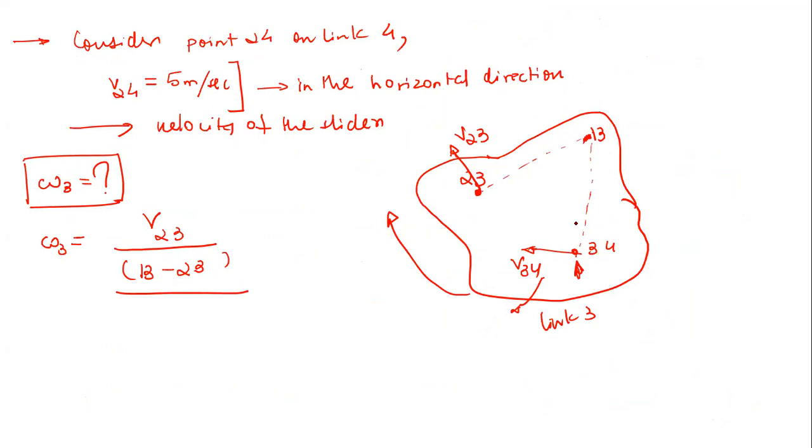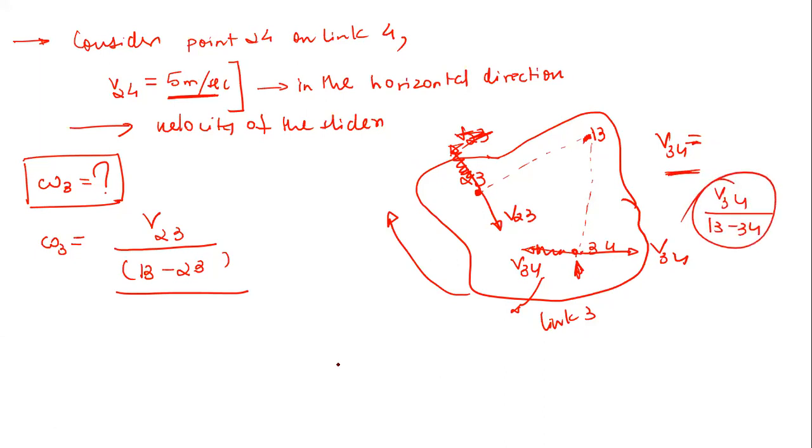So first of all, in this V34, what mistake have I done? It is clockwise, so actually the direction should be like this. I'm sorry, the direction should be just opposite. Correct? So now you can easily say that V34 is simply this one, because this 3, 4 point is also on your slider. If you consider this point on a slider, it is going to move with this velocity only. And again, you take V34 divided by 1, 3. So now you can relate both of them in a way, right? Just try to think about this.